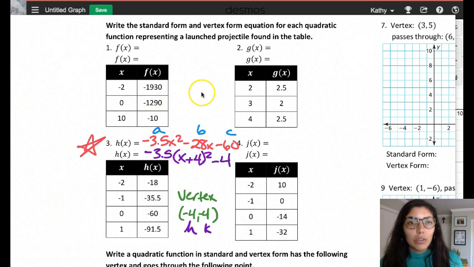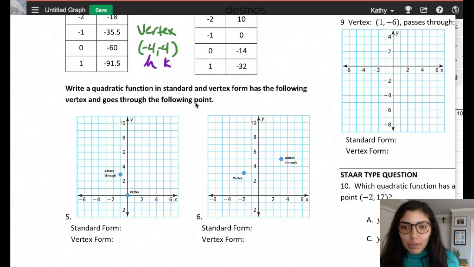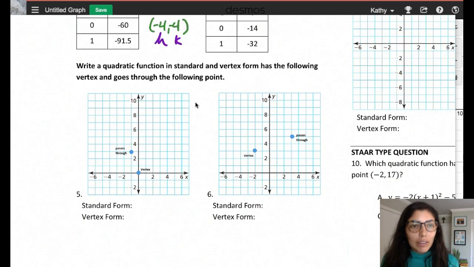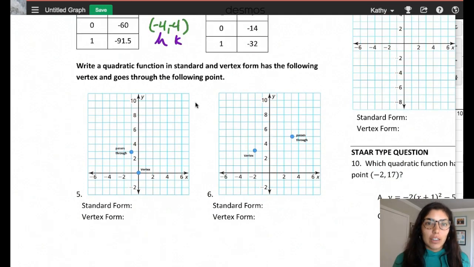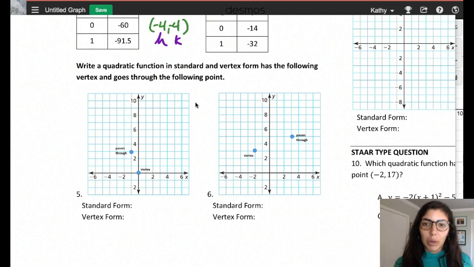If you look down, oh, I can't scroll with that. I can scroll with this. We have another type of question you might see. You might see something that says, write a quadratic function in standard and vertex form that has the following vertex and goes through the following point. This time you're either given a verbal description or not enough points, because we need 3 points for this